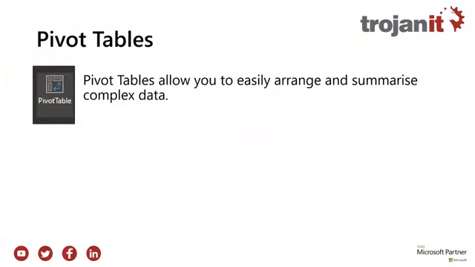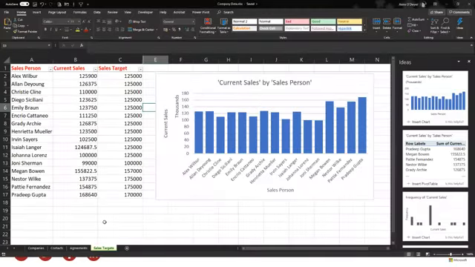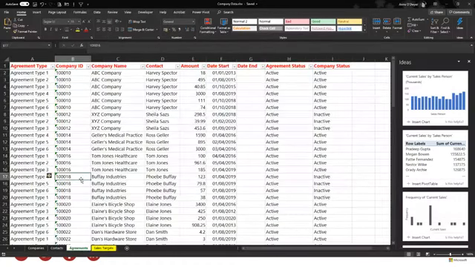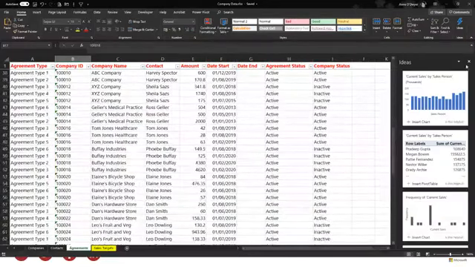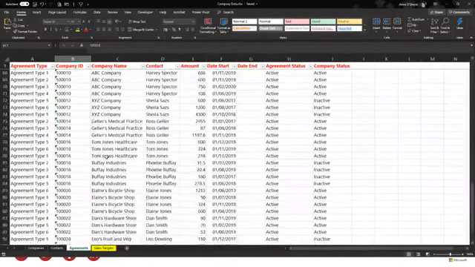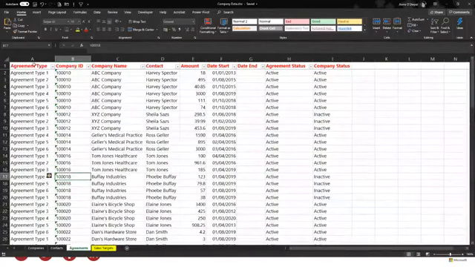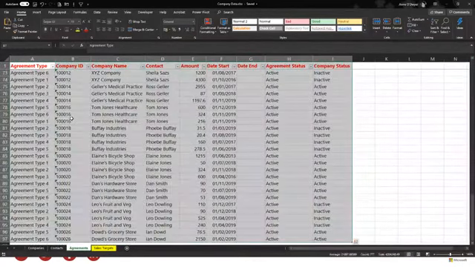So the last thing here I'm going to look at are pivot tables. And if you have a lot of data that you want to try and analyze and you want to try and arrange, it can be hard to do it in a sheet. So pivot tables are a great way of doing this. So if I come back over to my Excel sheet here, I'm going to click this time to my agreements. I have loads of agreements here. So to insert a pivot table, you select all of the data in that active sheet,